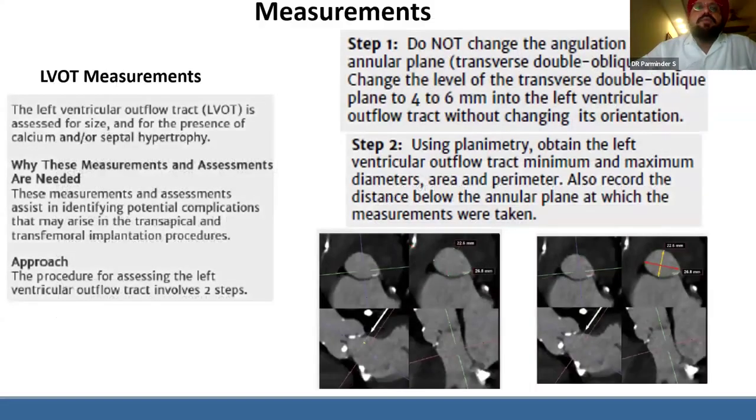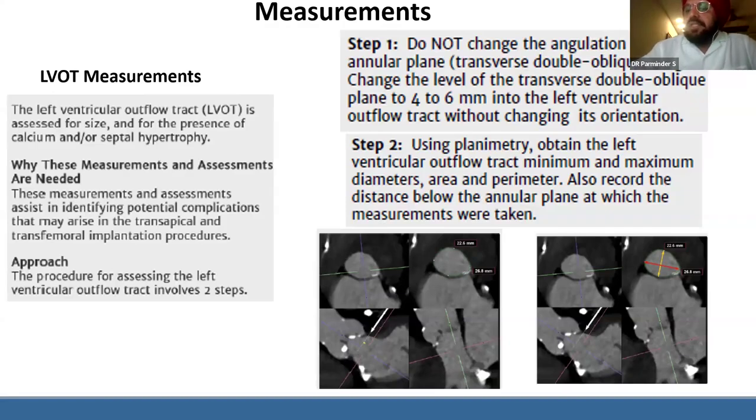LVOT measurements, here we have to go down into the LVOT and take various measurements like LVOT diameters, look for presence of LVOT calcium and septal hypertrophy. This is important because presence of LVOT calcification has been associated, after the procedure, with the presence of PVL, heart blocks, as well as unexpanded prostheses. The same is true for septal hypertrophy, which may sometimes cause